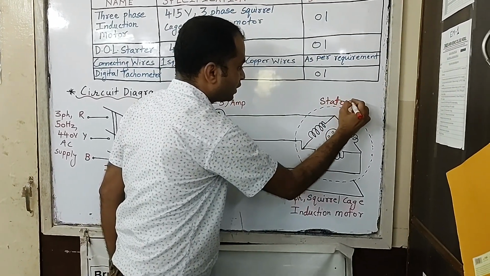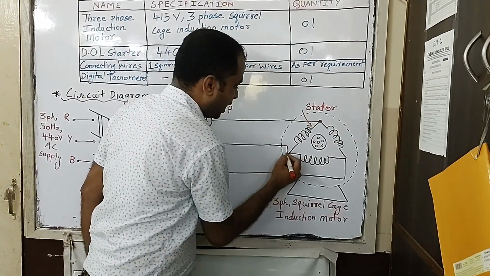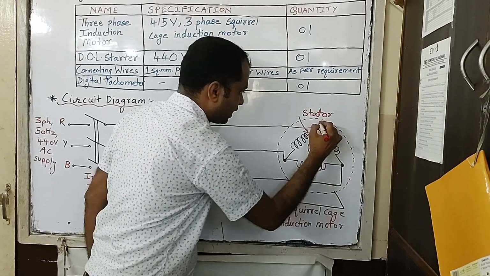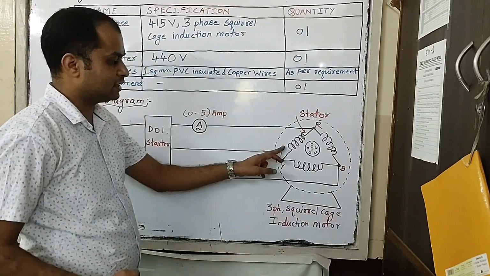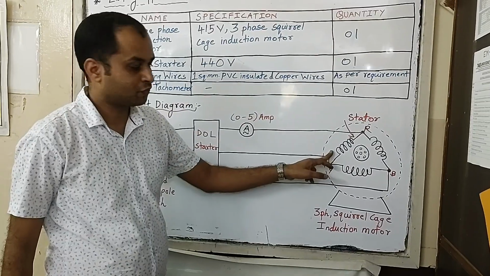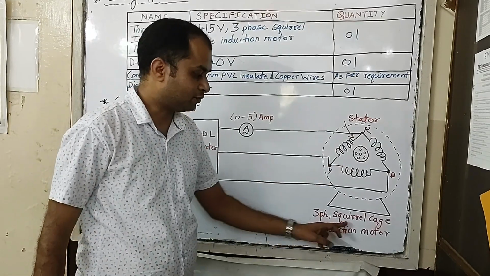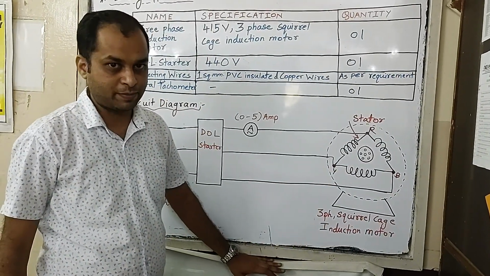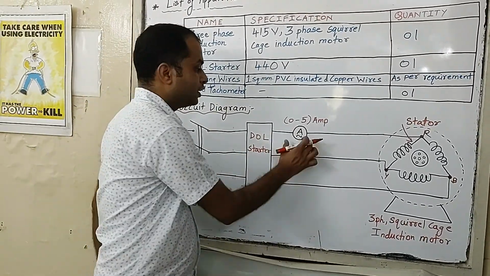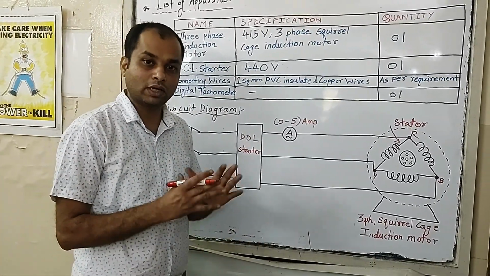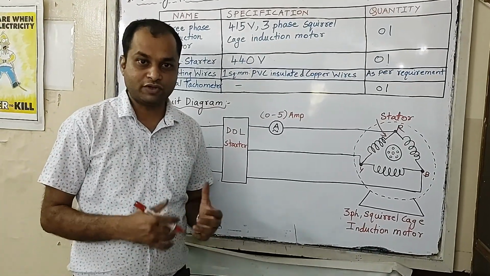For our motor we have the stator winding connected in delta, and the terminals brought out from the stator winding are marked as R, Y and B. These three terminals are visible over the terminal box of the motor, and we have shown the symbol of a squirrel cage rotor because we are using a three-phase squirrel cage induction motor for this experiment. Even though there is no need to measure the current, we can use an additional ammeter to measure the current of a motor. So with this, let us have a look at the connection of this experiment.